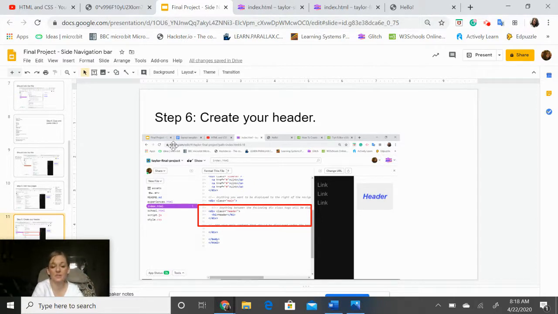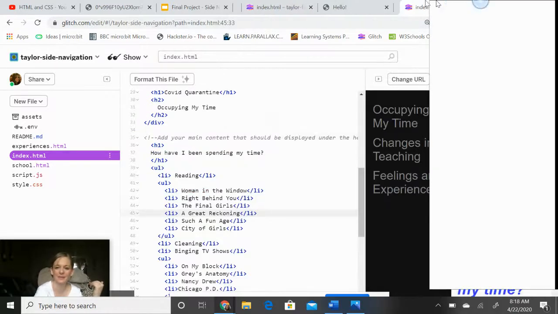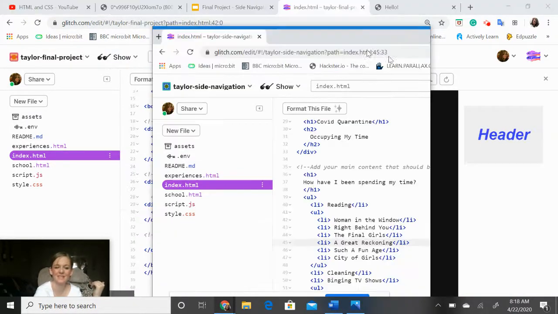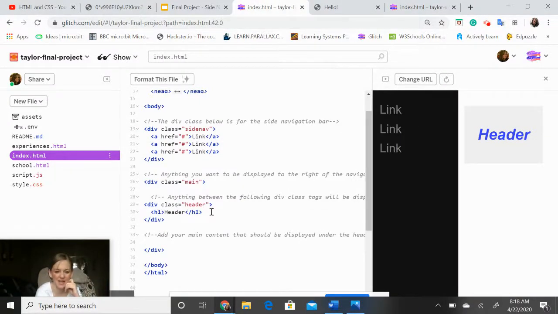The next thing that we're going to do is we're going to add the header, and then we're going to go back and do the navigation bar. I personally like to start from the top and work down, but just to kind of keep it consistent with some of the other layouts, we're going to start with the header and then move to the navigation bar. So in your line of code, wrong one, I keep going here. Oh, that's not what I meant to do either. Sorry. What we're going to do is we're going to find our header, which should be in lines 28 to